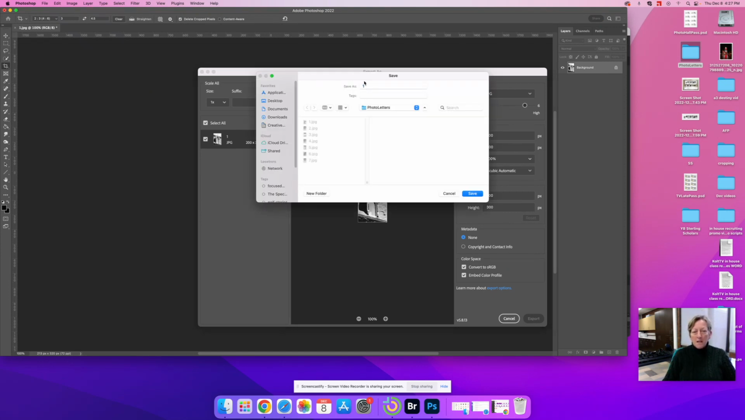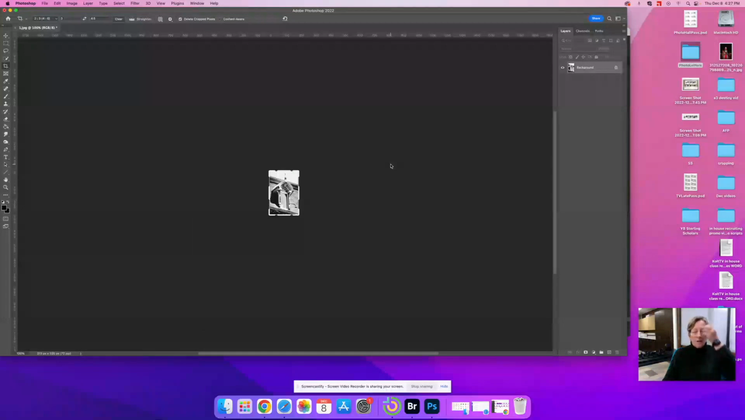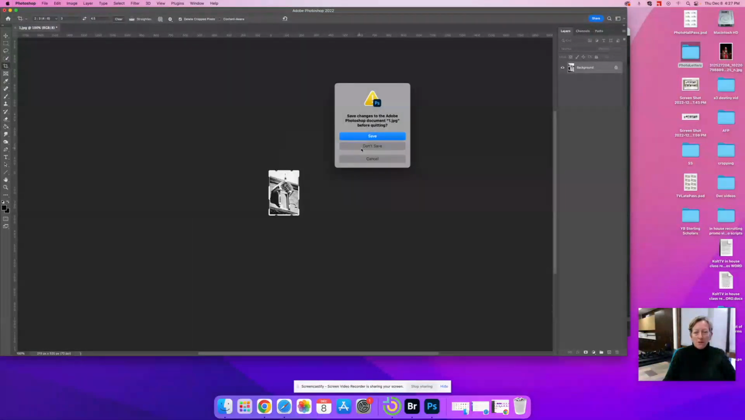So this is N. I renamed it one already, so I'm going to say save, and it's going to ask me to replace it. And I'm going to say yes. You will not have renamed it. So you want to do that for all your letters. And once you get that done for all of your letters,